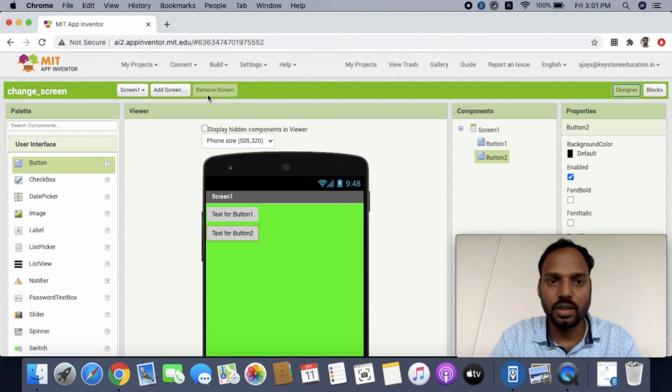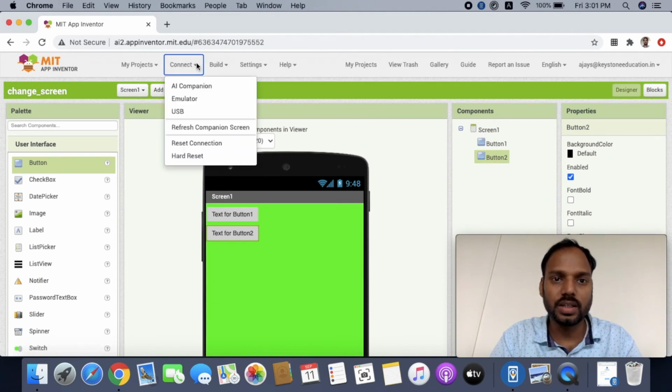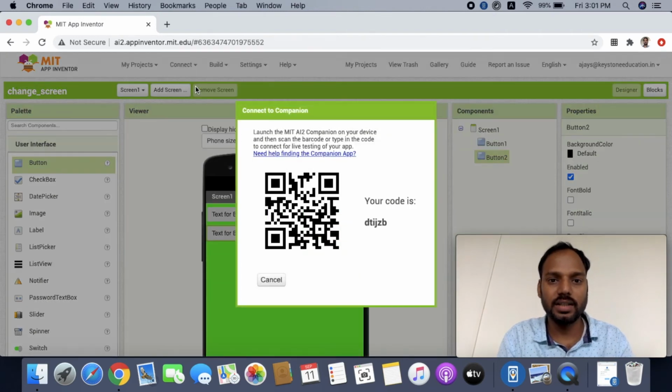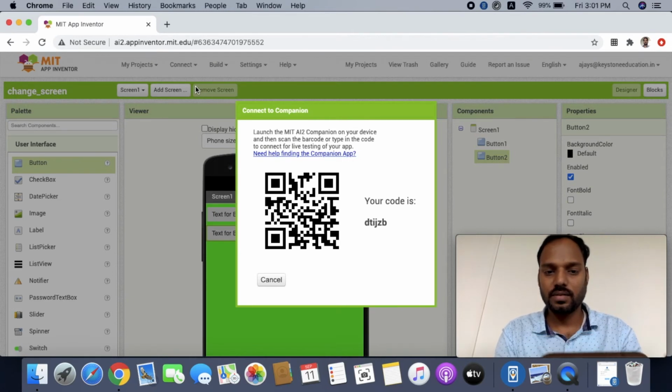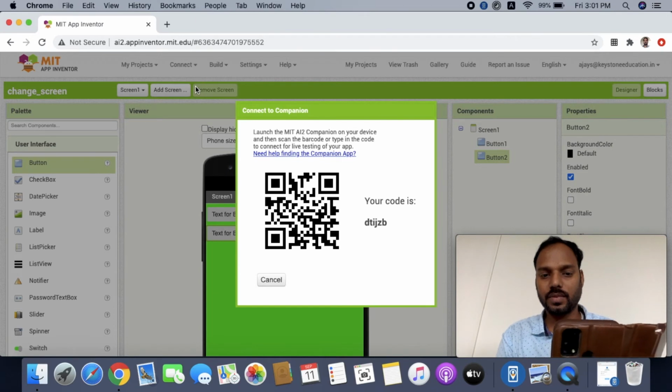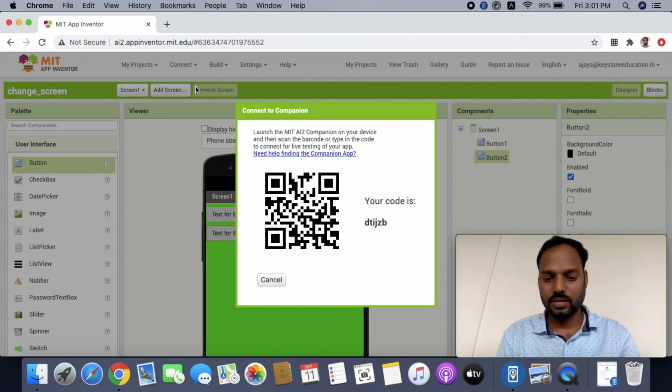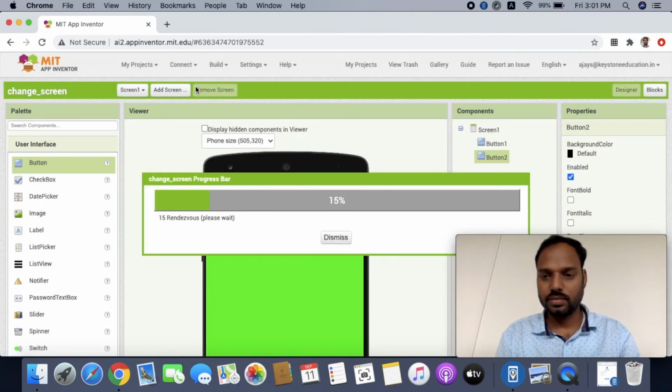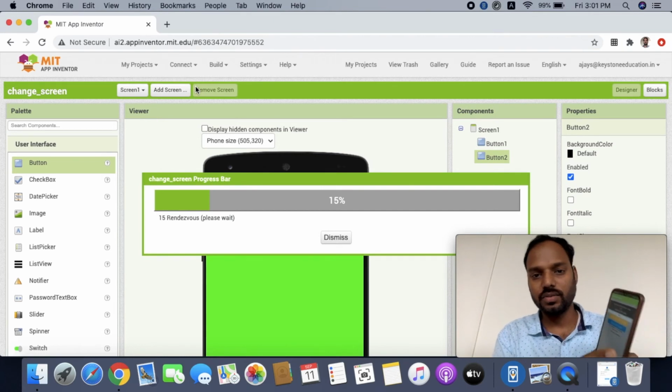So now we can just go to AI companion, and then on the phone also we'll do it in the same way. So AI companion, and then we'll scan. Okay. So once this is done with the scanning,